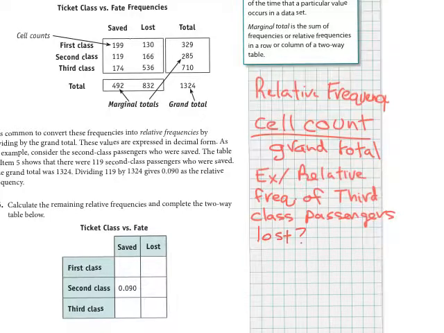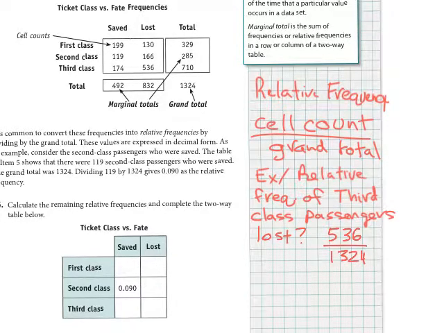So if I wanted to know the relative frequency of third class passengers lost, what's the number of third class passengers that are lost? 536. Okay, so I do 536 divided by the grand total, which is